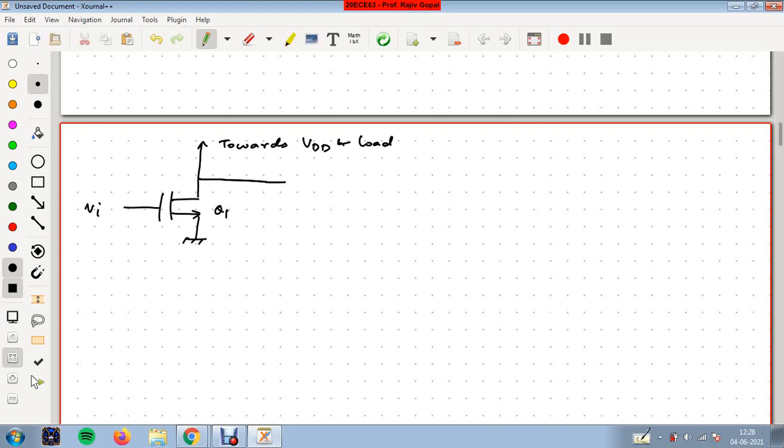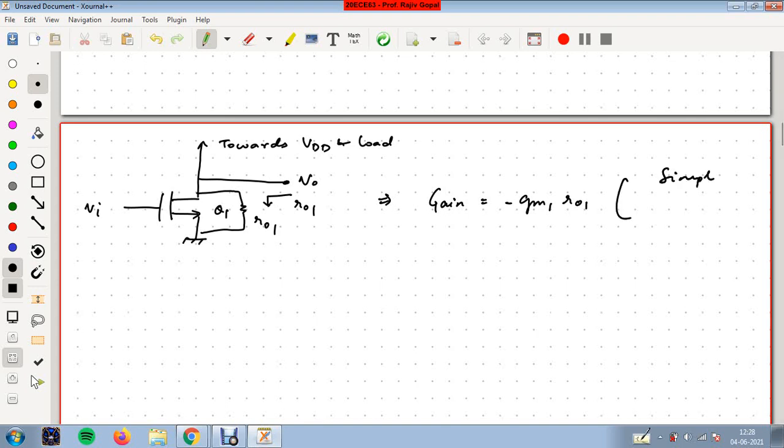Okay, that you have replaced with this. This is V0. Then the impedance seen in this direction is R01, right? So the impedance seen in this direction, it is R01. In this direction, it is R01, right? So for this, the gain is now GM1 times R01, minus GM1 times R01, right? This is a simple common source amplifier.